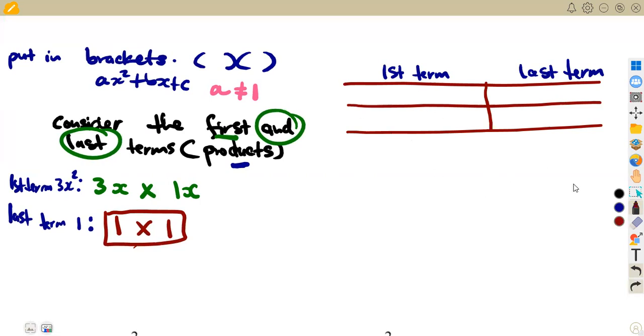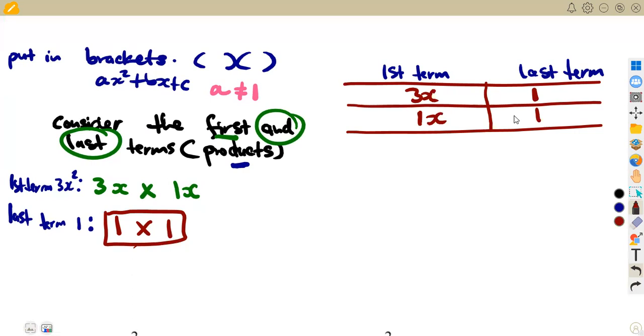So you're just gonna write what? 3x here and 1x, which you can just write x, but just for us all to understand, I'm just gonna write 1x, okay? For the last term also, you just have one option, 1 and 1. So there's nothing there to consider, it's just 1 and 1. You write your numbers. Okay,